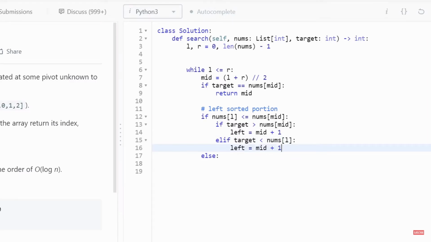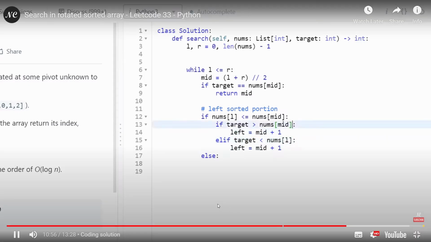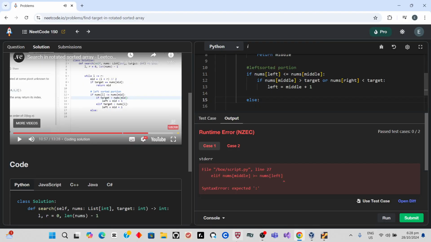Now notice how these two cases are evaluating to the same thing. That means we can condense them. We can get rid of this and say instead if the target is greater than the middle,